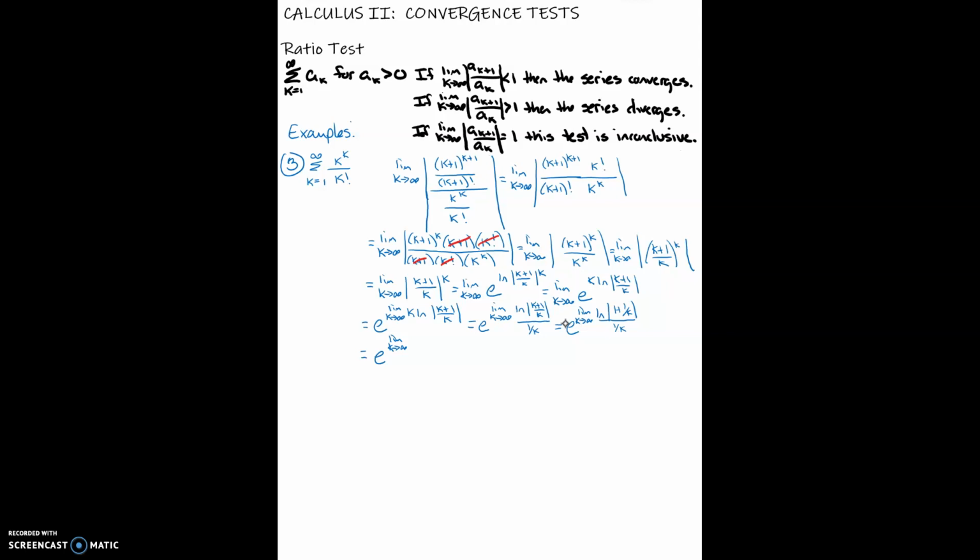The derivative of the natural log. Oh goodness, how do we do that? The derivative of the natural log is 1 over